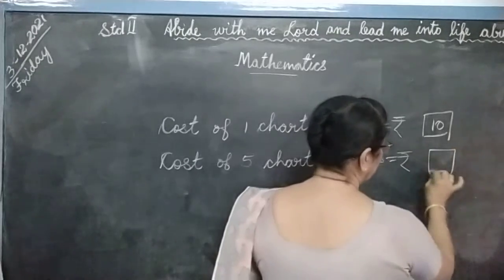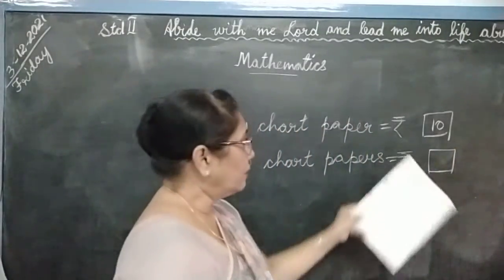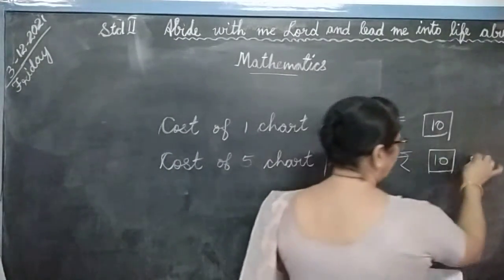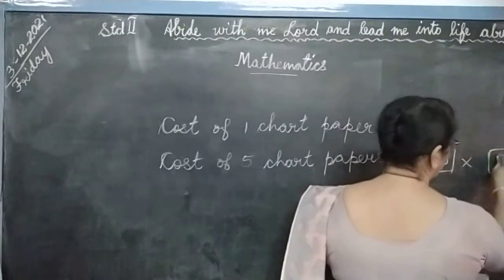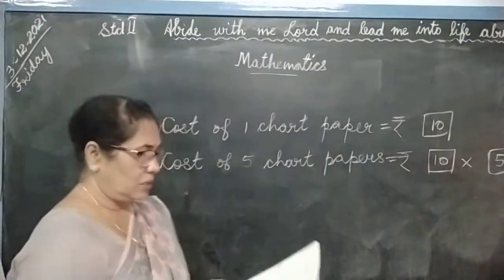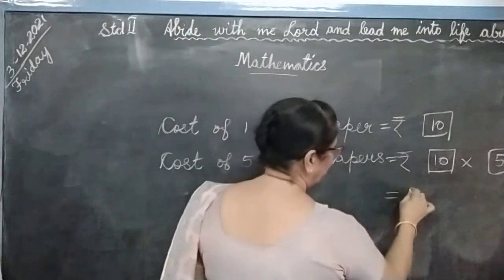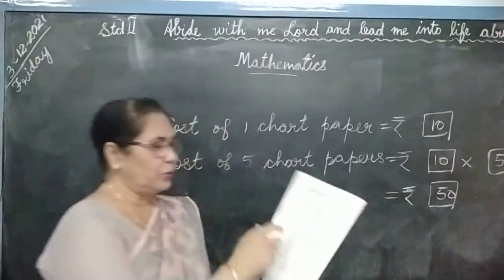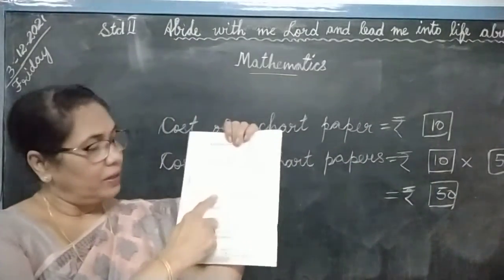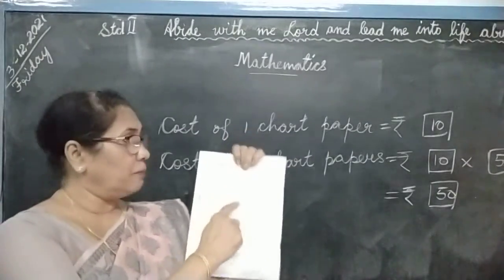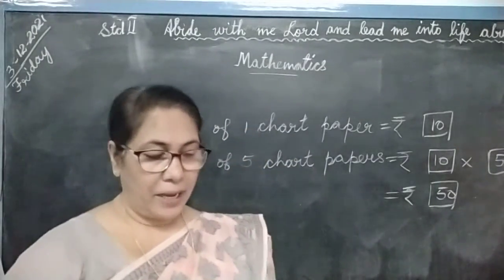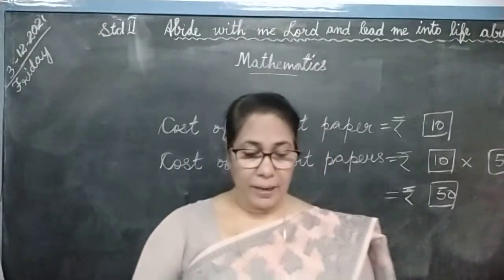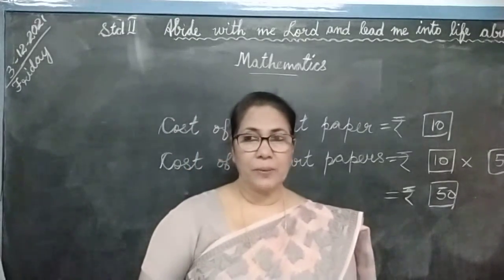What do you have to write here? 50. What do you have to write in that column? 10 into 5. 10. Then there is another column given there. 10 into 5. 5. 10 fives are how much? 50. Yes. In that column you have rupees. What do you have to write here? 50. And below here? Yes, Ankit paid the same number, 50. Ankit paid 50 rupees for chart papers. Let's do the next one.